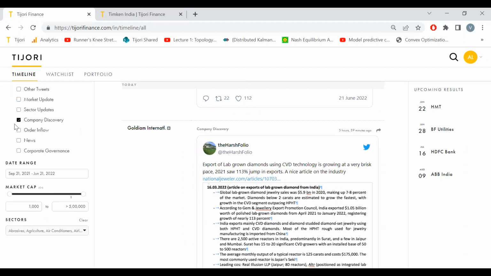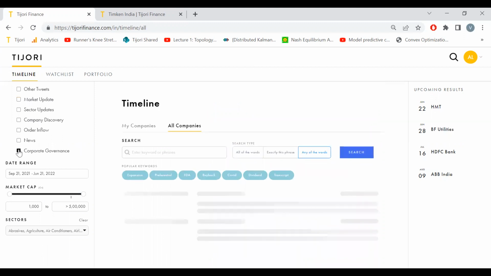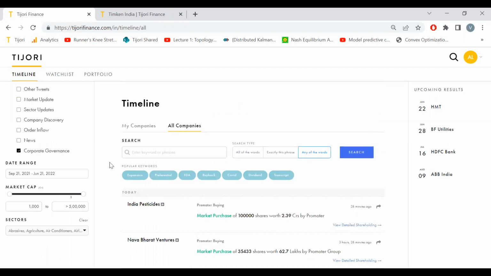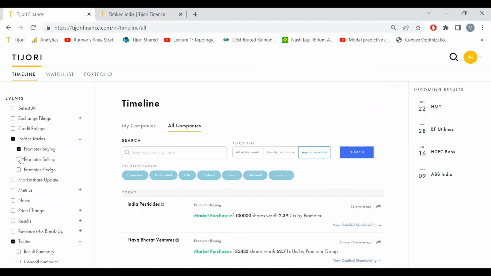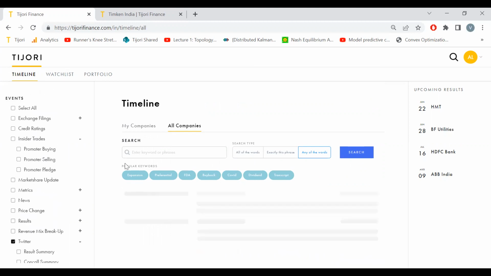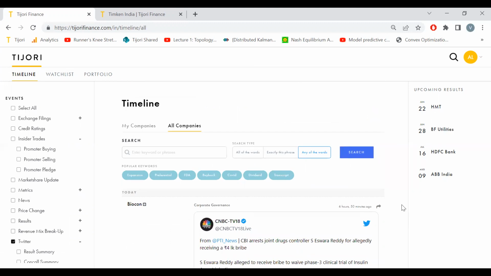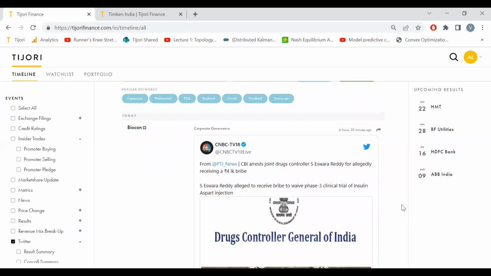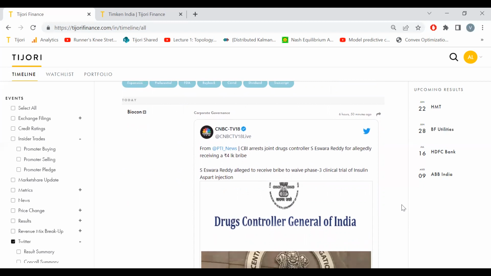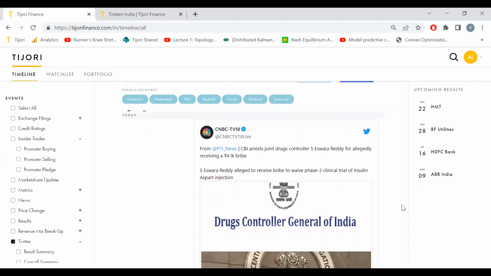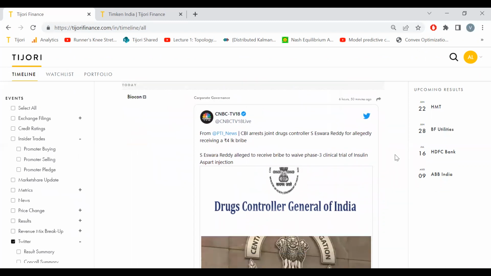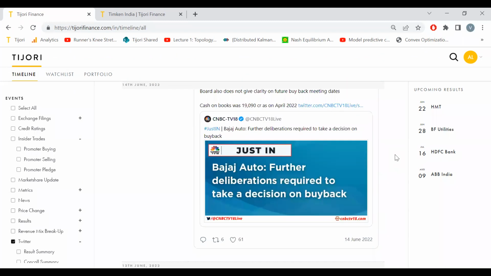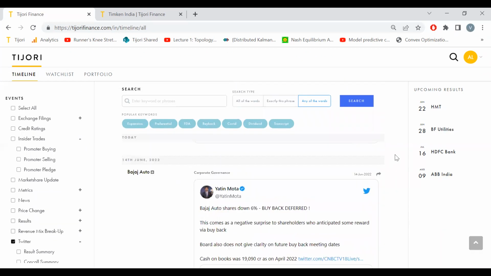Yeah, and one more thing you should do is on Twitter, they also highlight corporate governance, like Saurabh is saying. I check this once in a while, just to be sure. So, okay, today Biocon for some reason has been flagged. I'm not sure why. Yeah, there was an incidence of some bribery where it looks like Biocon has been named. Okay, that's very surprising. But yeah, you can also check for corporate governance red flags raised on Twitter.